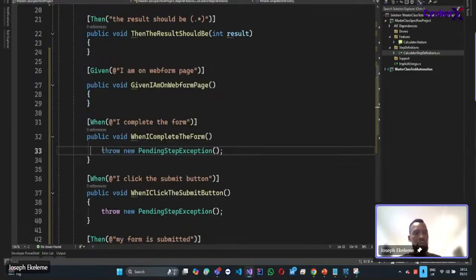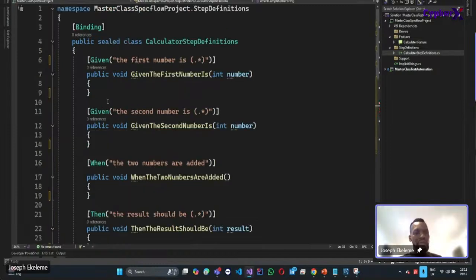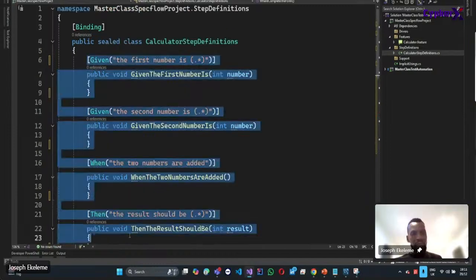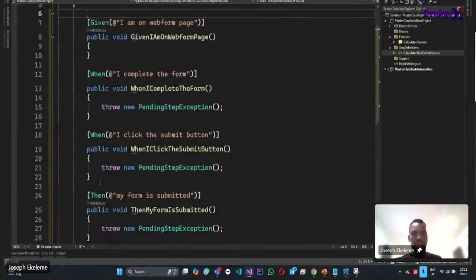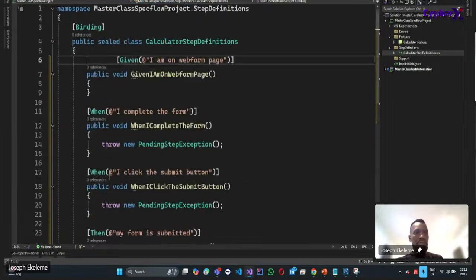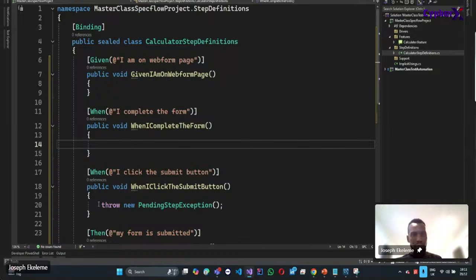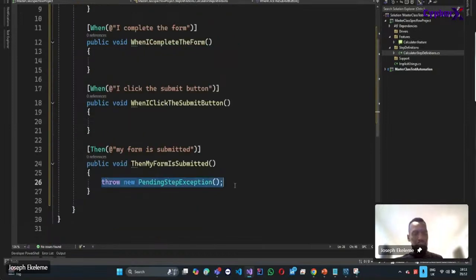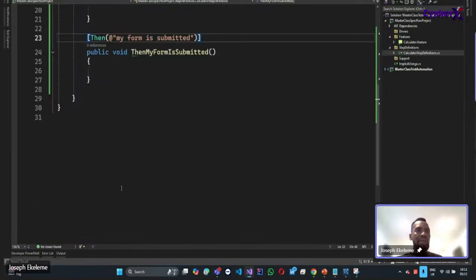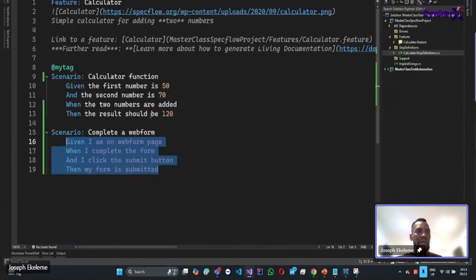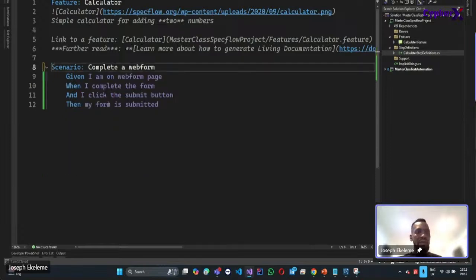Actually, let me go ahead and delete them. We don't need it. Right, so you can see it's looking a lot cleaner now. And I want to get rid of these ones as well. We don't need them. Our focus is on the web